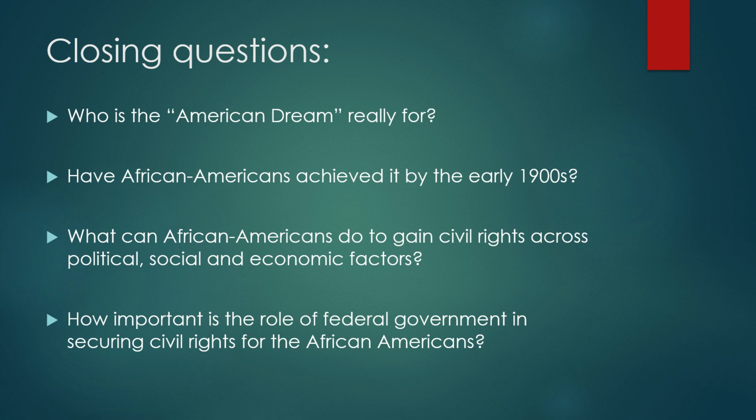How important is the role of federal government? Well, we should see so far, it has quite a bit of an impact, especially at this time when the African Americans don't really have much agency themselves. The government really is the one dictating that progress. They're the ones who are making the laws, they're the ones who use the enforcement acts to get involved, and they're also the ones who stand to the side and allow Jim Crow to take hold and fester in America and keep that deep seated racism alive, not just for a few years, but now over a century, it is still allowed to reign on. How will this change? Will there be progress throughout the 20th century? Well, do stick around in the series to find out.